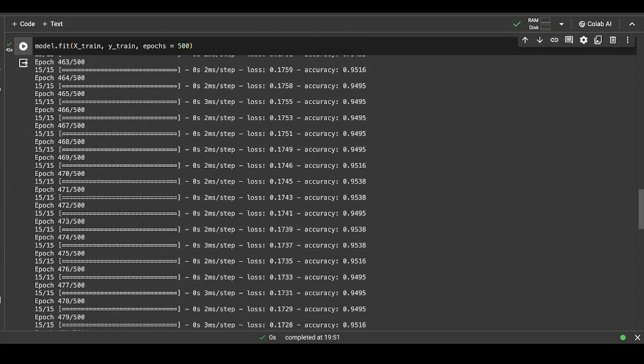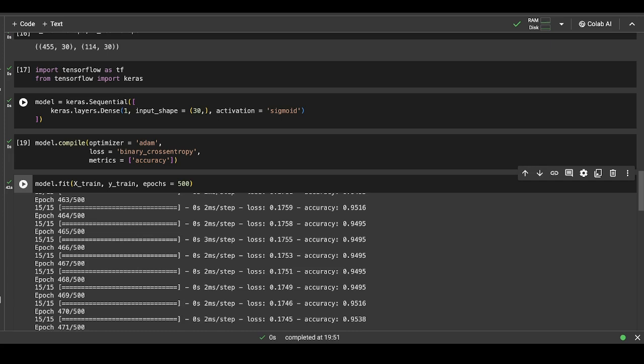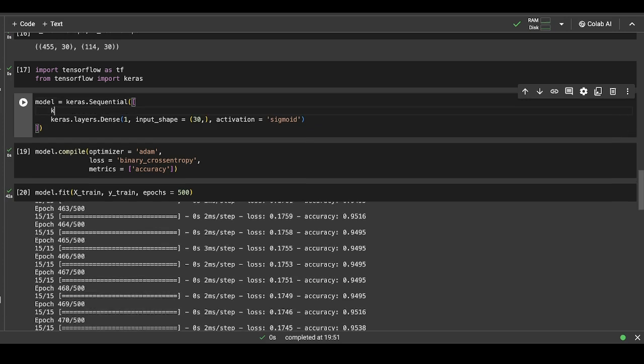Now the next thing that we are going to do: here we just tried it using a simple single layer perceptron. We can try adding some hidden layers and do some analysis as well. Let us try adding the hidden layers. We will add it here itself. So consider that we will add one more layer before this.